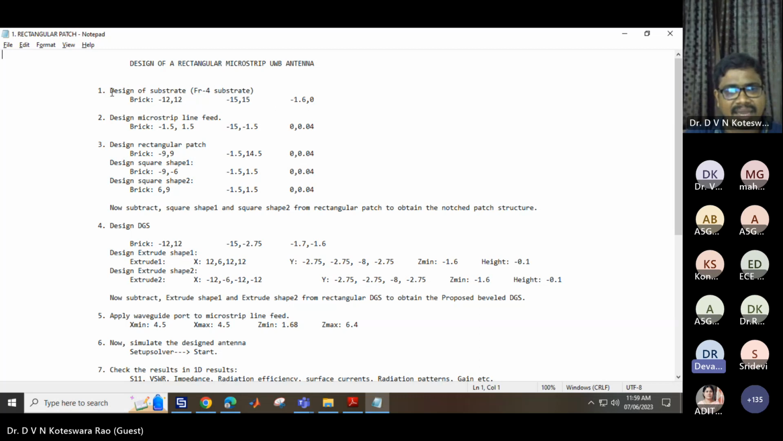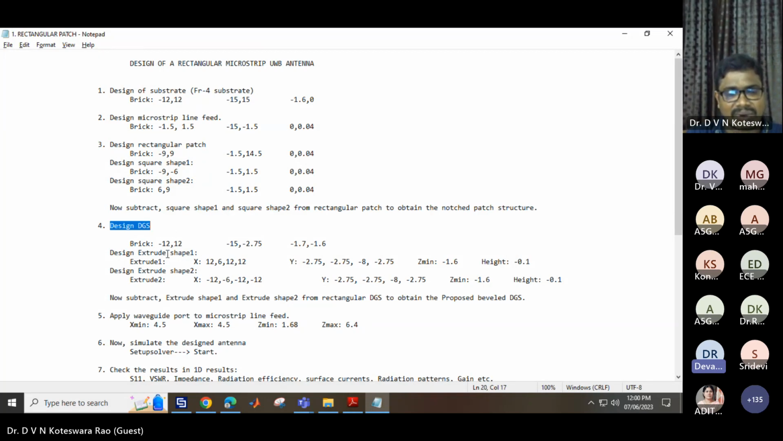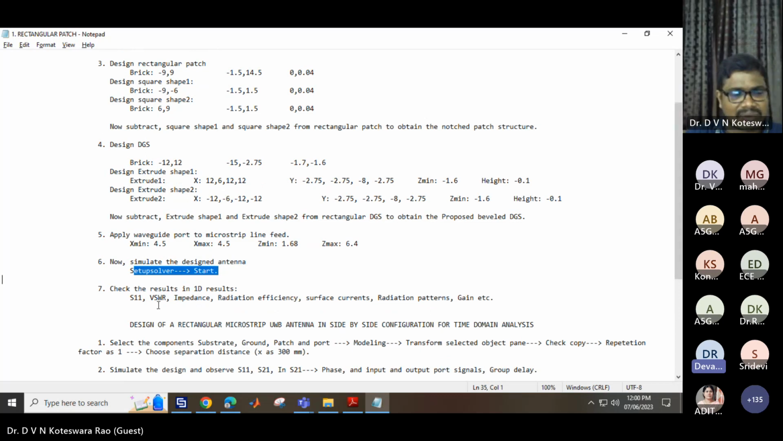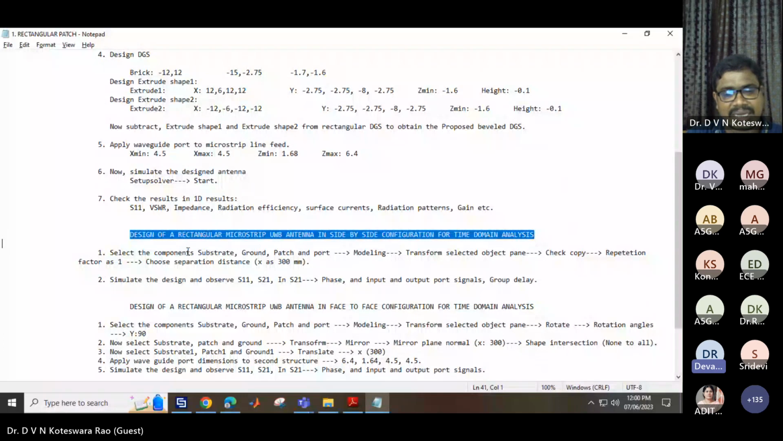so that I would like to explain what is to be taken to design the substrate, how to design the microstrip line feed, the design of the rectangular patch, how to obtain the notched structure of the rectangular patch, how to design the defective ground structure, how to apply the waveguide port to the microstrip line feed, and then how to simulate it, and how to observe the results like S11, VSWR, impedance, radiation efficiency, surface currents, radiation patterns, gain, etc. in the result pane. And then I'm going to show you, for the purpose of time domain analysis, by placing